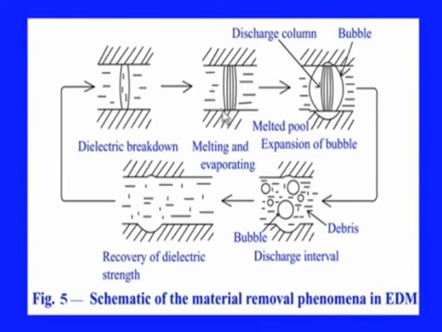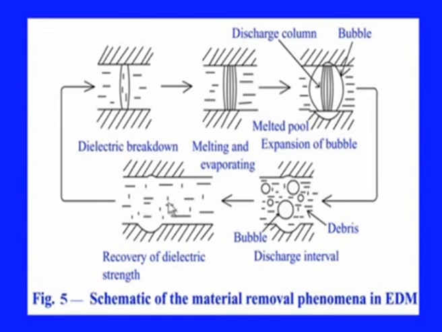Then that column increases, the discharge starts, bubble formation takes place, the pressure difference takes place and the bubbles collapse because of the pressure difference, and it erodes the work material, creating debris in the dielectric, and this debris will be flown away by this flowing